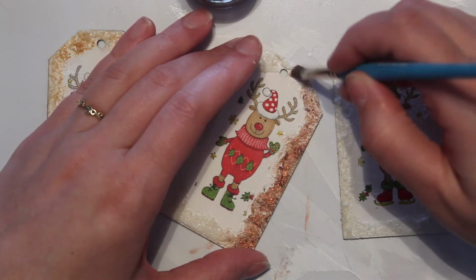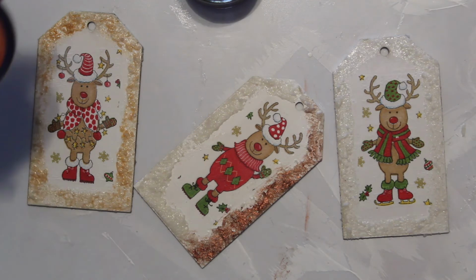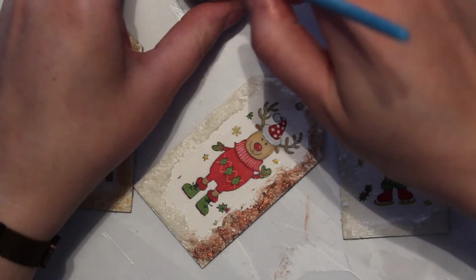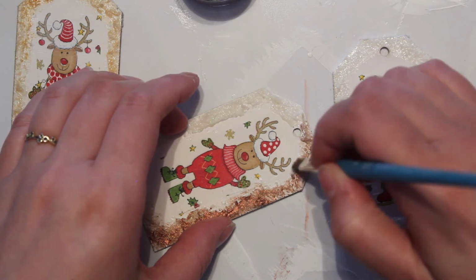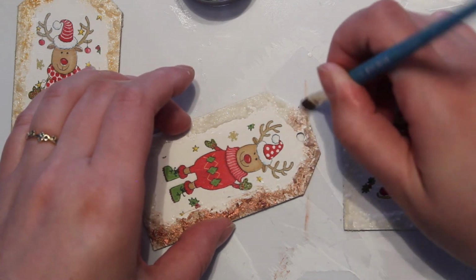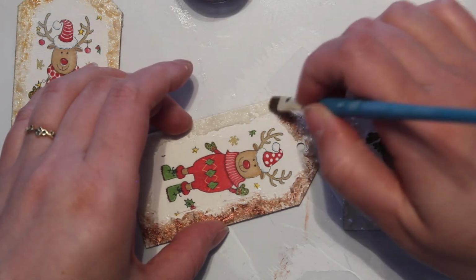This came in different colors. I just got the one to try. This is the copper. Again, I just got this at Michael's. I did not see it on Amazon. I was looking on Amazon to see if I could find other colors, but